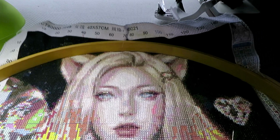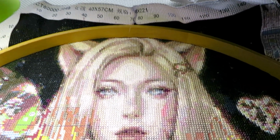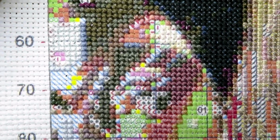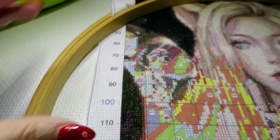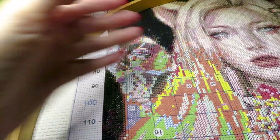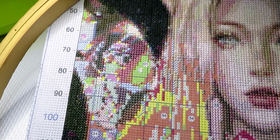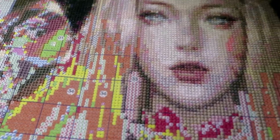And the way I see it, a little bit of her ear is still cut, but it's still in the frame. And this chunk in here is the same thing, kind of like jewels behind her, lots of colors in here. So I want to finish this chunk to get to her hair. That's the hope. I hope I can finish this week. That's going to be actually good progress, because it's the same thing in here, lots of colors. And I did lots of stitching last night up there, and then I stitched a little bit last night